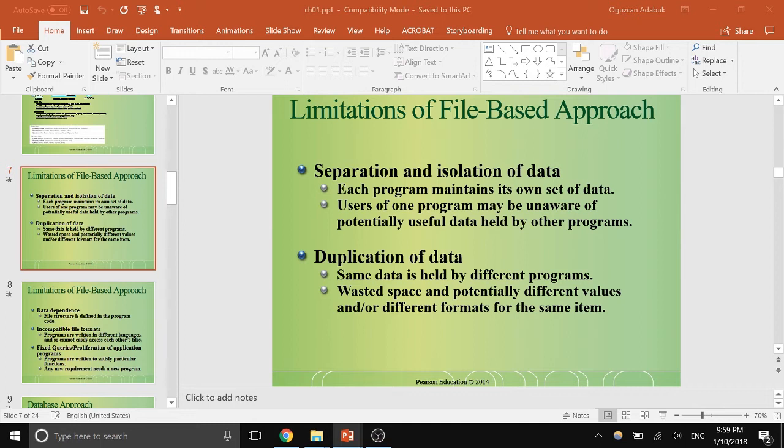come with the file-based approach. First one is separation and isolation of data. In these systems, data tend to exist in different files, different programs. A lot of times there are different programs for different purposes. You don't have one central program that handles data centrally. A lot of